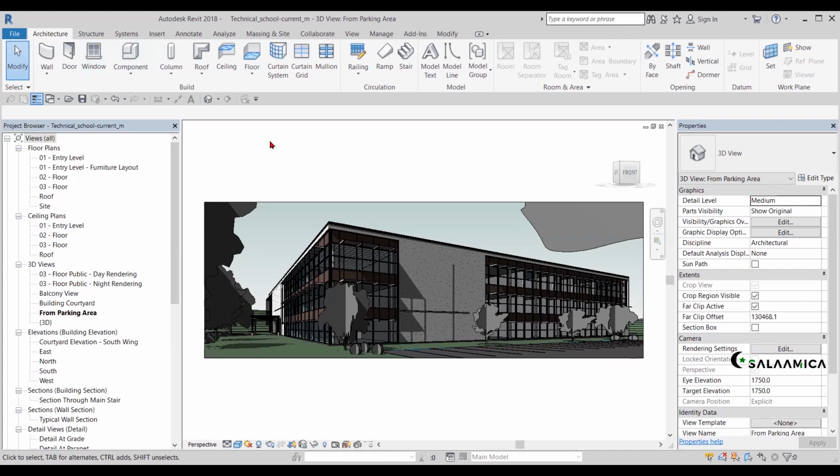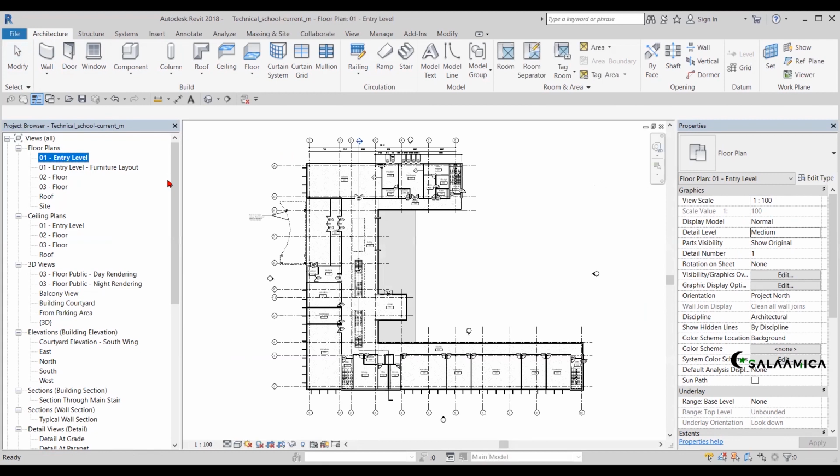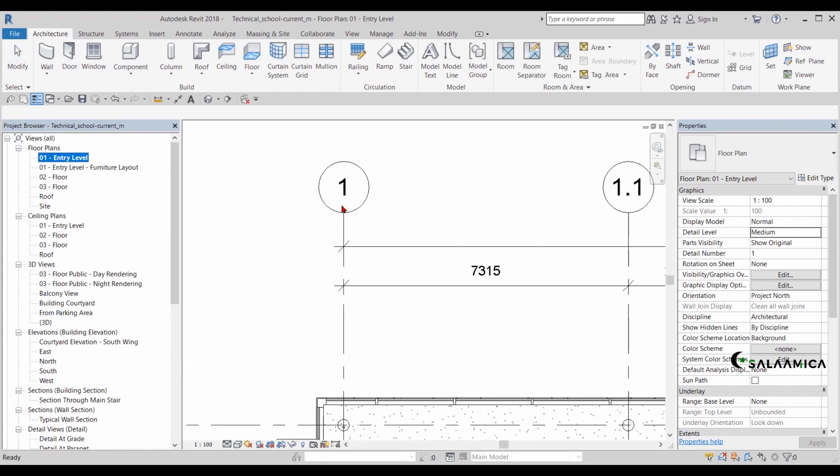Like for example, if I ask you to draw a grid. Okay, actually we can go here. Can you double click this one, entry level, from your project browser? Double click to open a view. So that's how to open a view. And actually this is a grid. Zoom in,